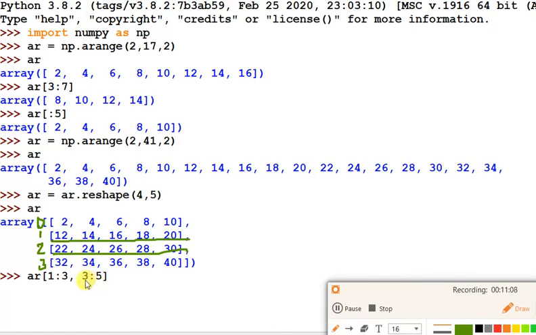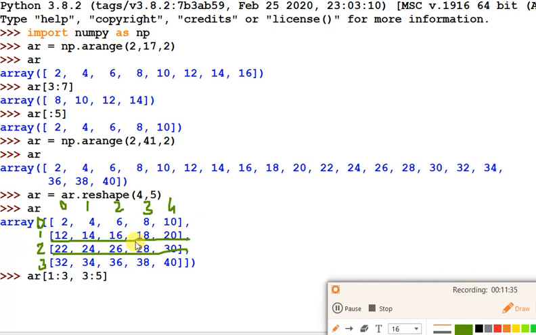So what are the columns you have to select? The index of this is 0, 1, 2, 3 and 4. So 3 to 5 means 3 to 4, because the last index is minus 1. So 3 to 4. These will apply only on the selected rows.